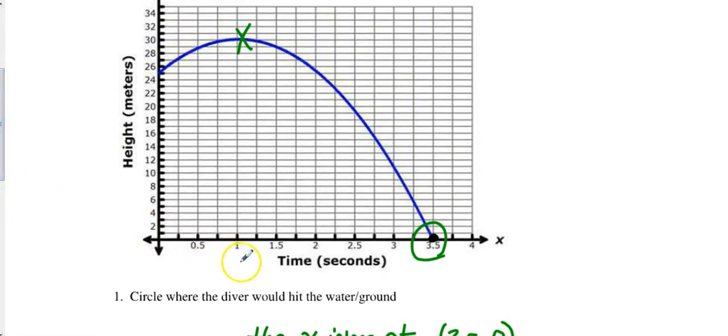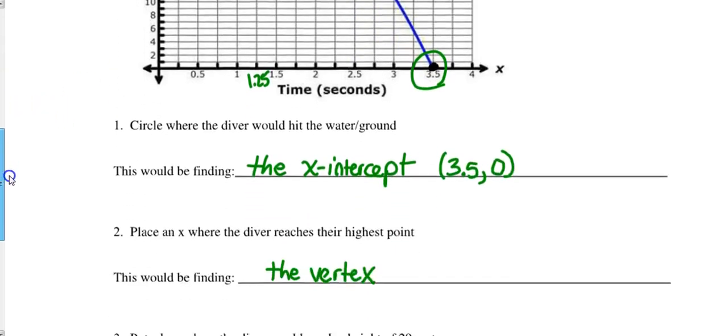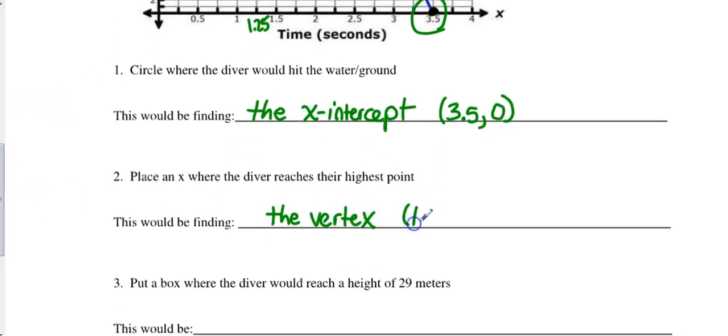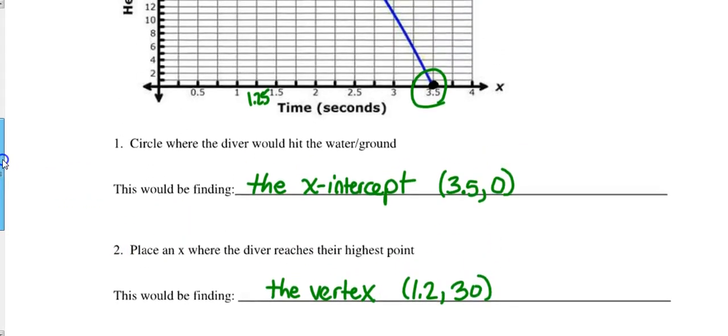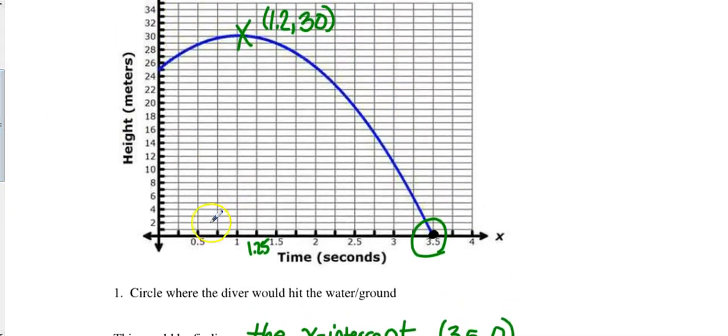And now let's see if we can find that ordered pair. It's counting by 0.5, so this is 0.25, 0.5, 0.75, 1. So kind of like between 1 and, that would be 1.25. So maybe like 1.2, comma 30. And if we interpret what that means, actually both of those ordered pairs we've looked at, here, this